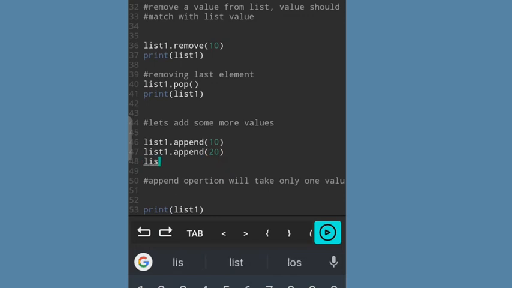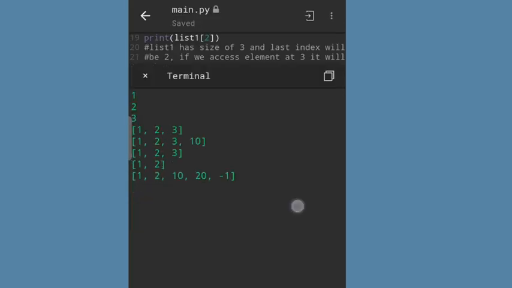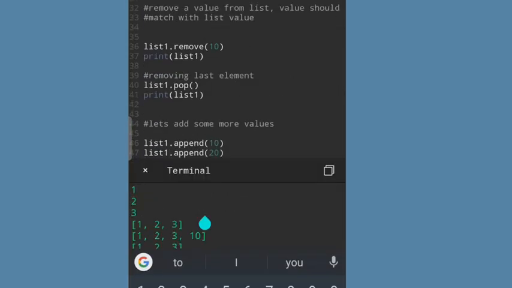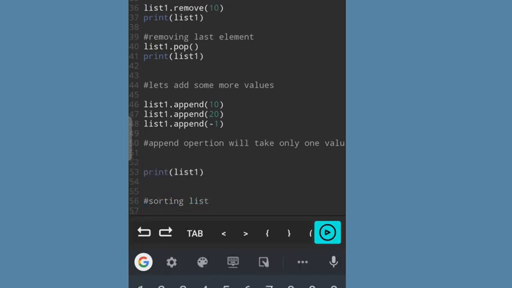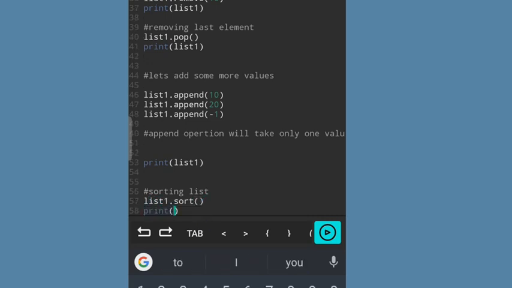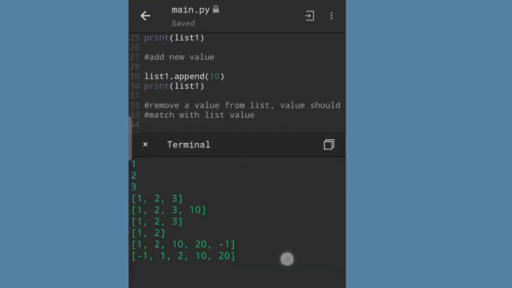Let's append more values. I'm trying to append 10, 20, minus 1 to our list1. Let's see. You can see that 10, 20, minus 1 has been added to our list. We have a sort method as well, which will sort our list in ascending order.